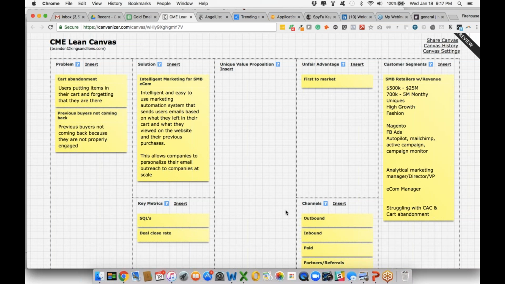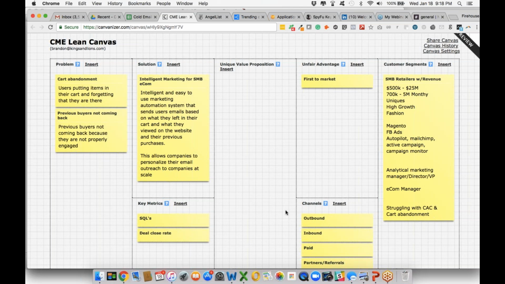So, for instance, Amazon does this really, really well. If you have something in your cart, they'll send you an email saying, hey, you forgot this in your cart. If you're looking at stuff, or if you add stuff to your cart, they'll send you an email saying, hey, you might like this as well. For a lot of users, it basically draws them back in, so they become repeat buyers. And e-commerce companies need repeat buyers, or else their customer acquisition cost gets really high, and a bunch of problems happen. So they think these SMB retailers have this problem that is kind of going unsolved right now